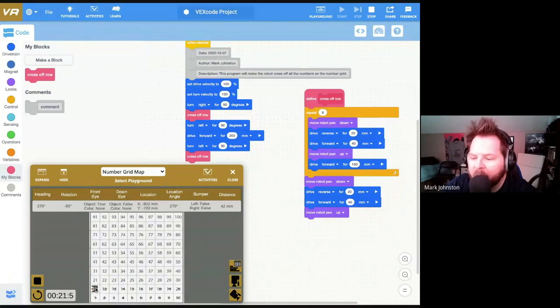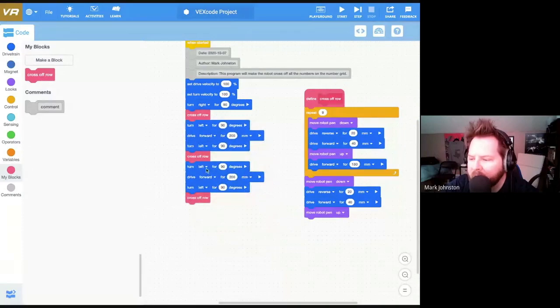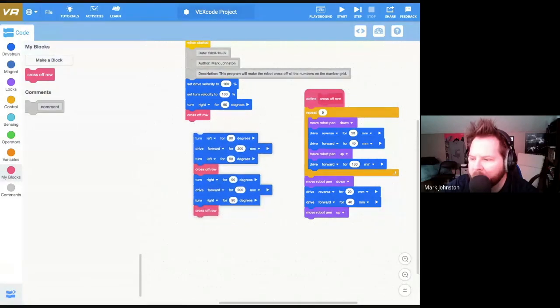Now I need to turn right for 90, right? So I need to do this right here, but instead I need to turn left, or excuse me, I need to turn right and turn right, and then cross off the row. So this whole thing right here,